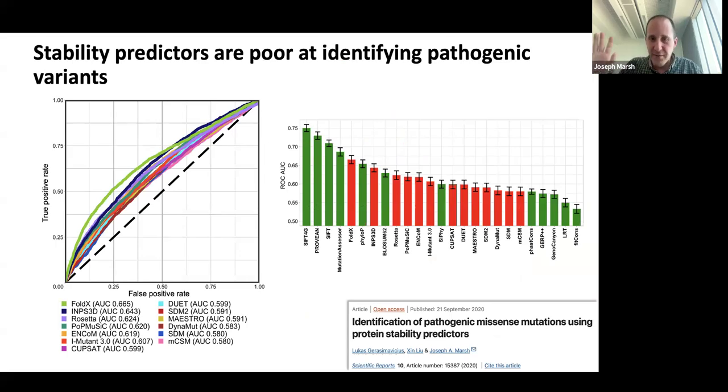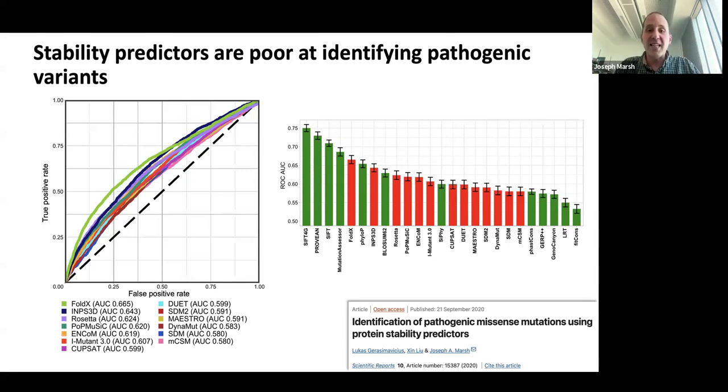So we published a study of this a few years ago where we took a bunch of disease mutations that had crystal structures available. We modeled the impacts of those variants on the crystal structures. We got the delta Gs. And it turns out they're actually not very good as variant effect predictors. They're okay. They're better than chance mostly. But even FoldX was the best performing method, and it's sort of mediocre in its overall pathogenicity prediction compared to quite simple sequence-based variant effect predictor models.